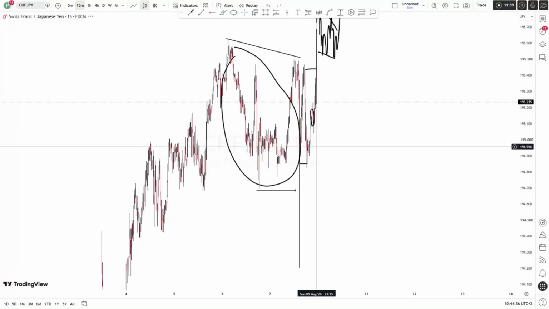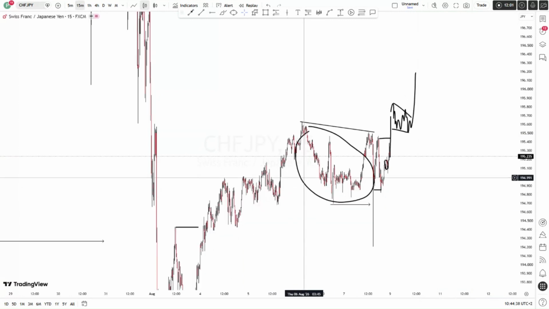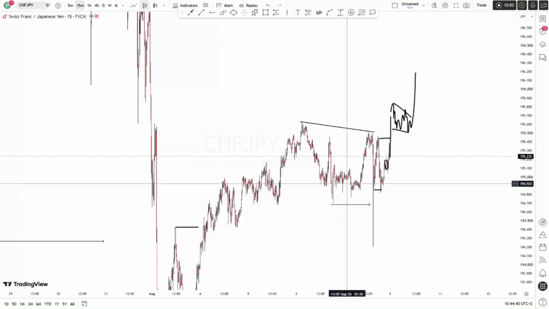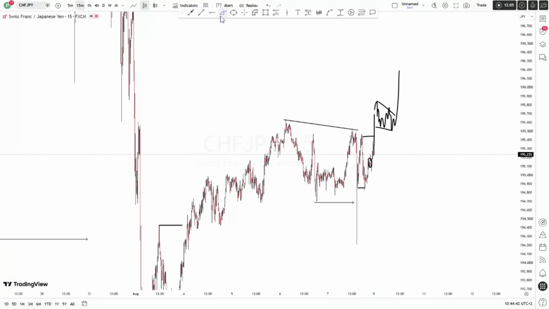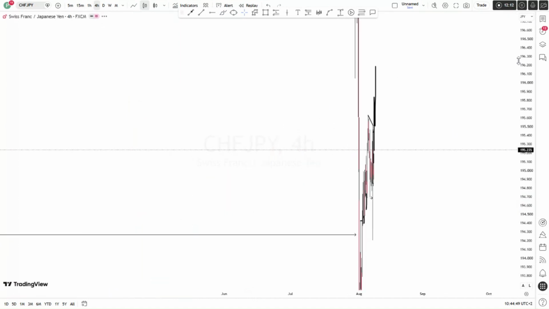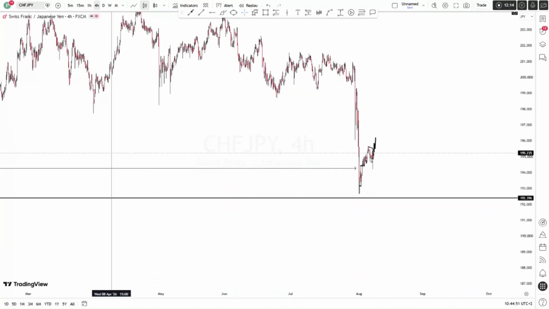And lastly, the Chef Yen. Chef Yen, I'm looking for an insurance entry after what happened here. This was NFP. Again, this was NFP. It took out each and every inflection on the left. And another thing is,